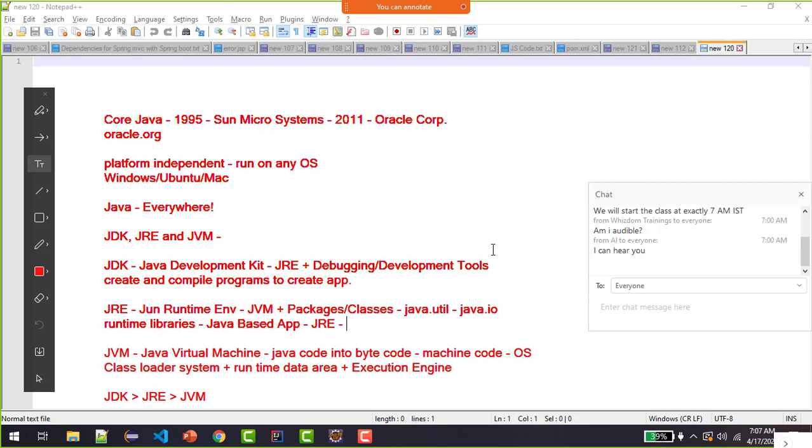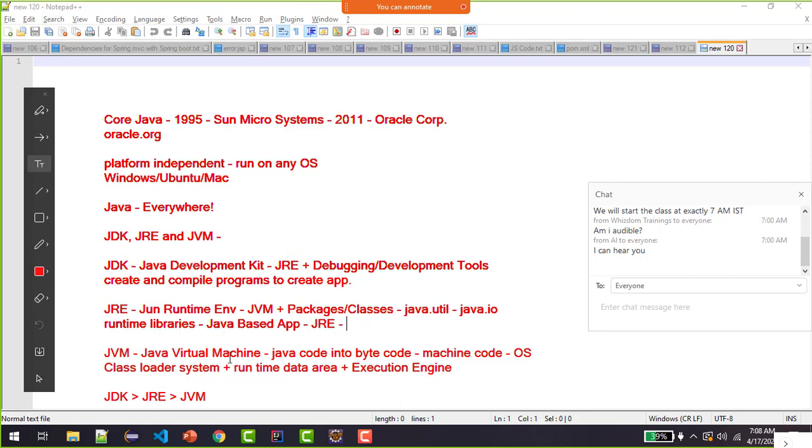So if I am a programmer, if I am a developer, I have to have JDK because that has got JRE in it. I don't have to worry about JRE, it has got JVM in it. But if I am a normal end user, running an application on a computer or on a mobile, I just need the JRE, because the application that I'm trying to run has got certain packages which should be there as part of my local environment so that the application can run smoothly. It will happen because of JRE.